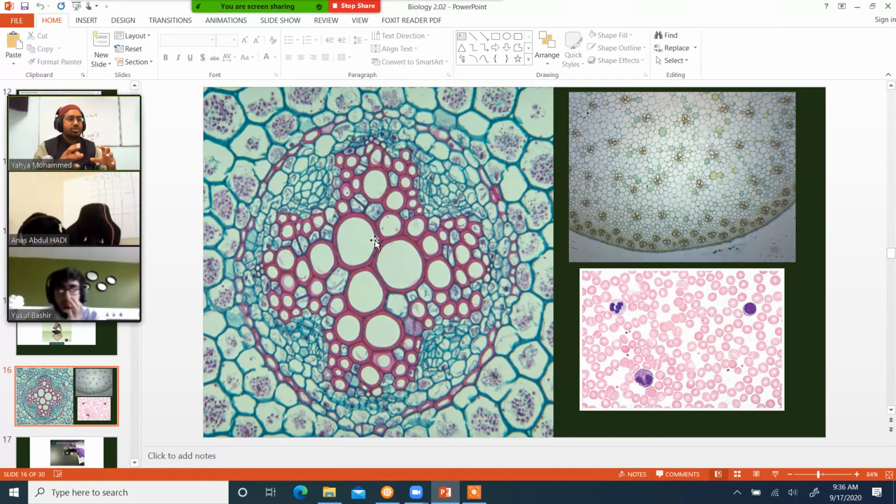Except certain structures take it up. Certain structures take up the dye, so the dye is not going to be present all over the place anymore because you washed most of it off. Certain parts of the plant or the blood or whatever take up certain colors. So when you wash it off, that's why the whole thing is not red, because you've washed most of it away. Does that kind of make sense?